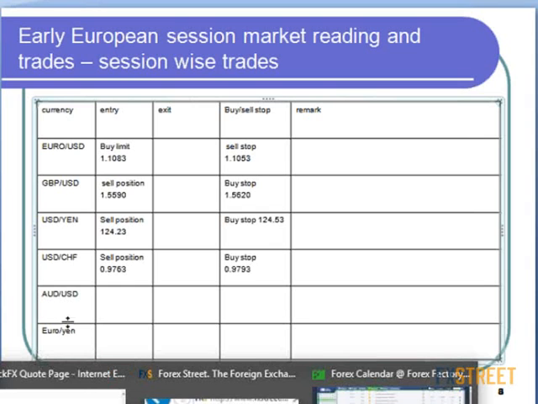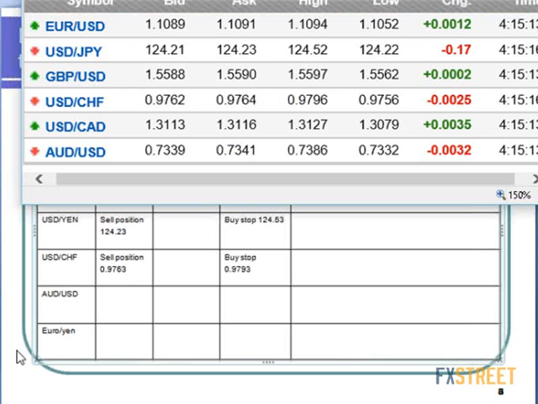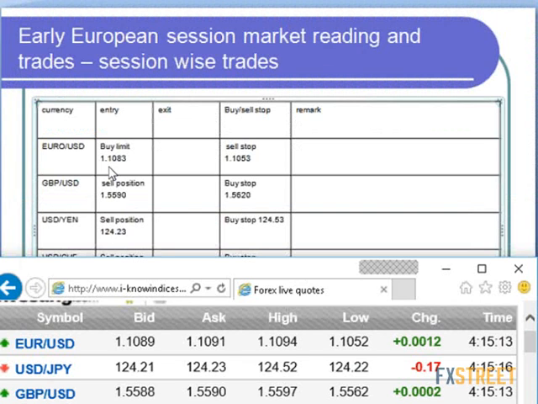Okay. Now I have just taken positions in USD CHF and also a position in USD yen and GBP, and I kept the buy limit order in the case of euro. On a small dip, we will try to take a buy position in the case of euro around 1.1083. So these are all the four orders I placed based on the conditions, the market reading. So the forecast says, first of all,